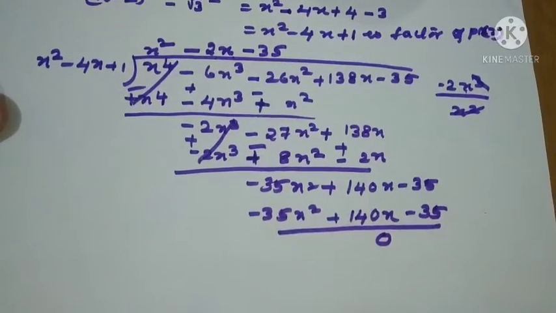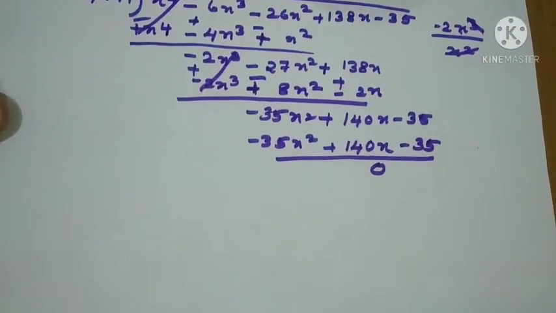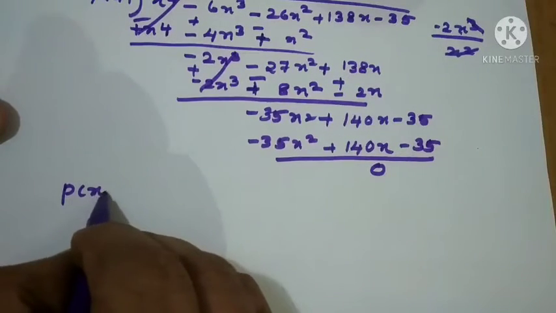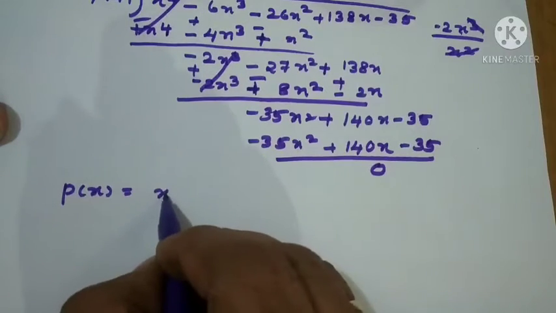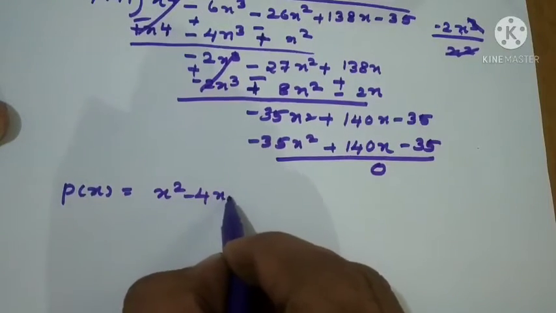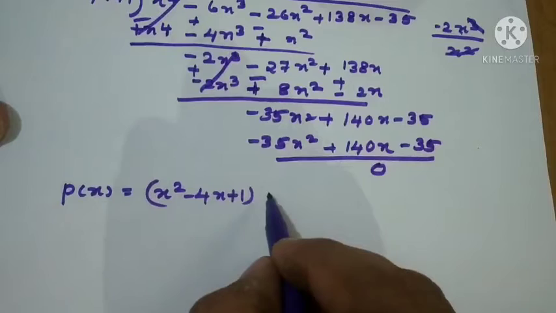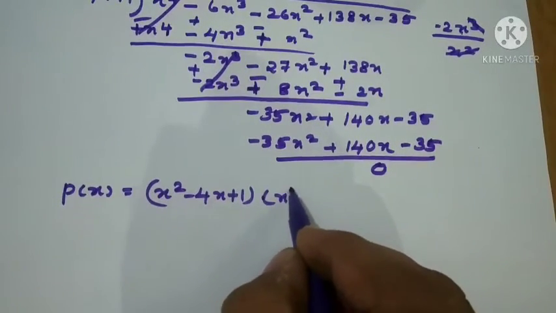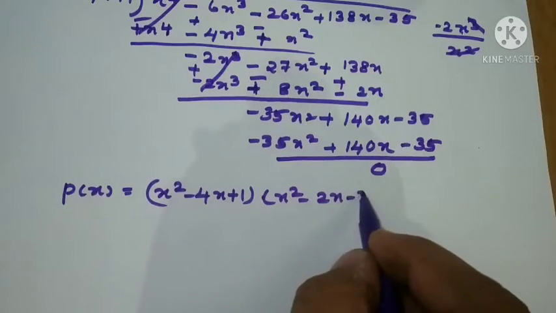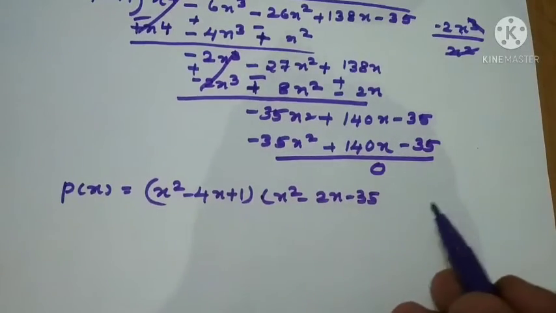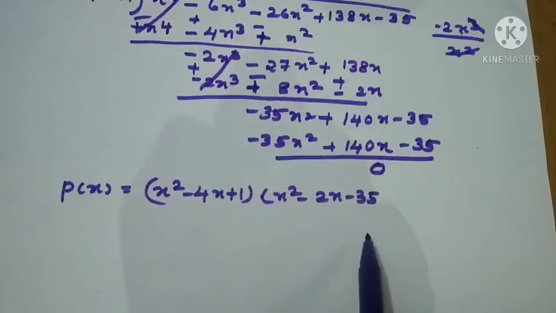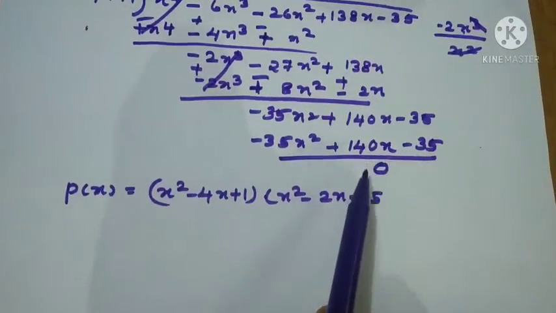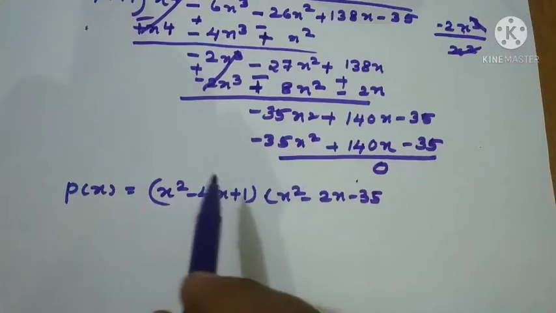So now what is the next step? We have to find the other zeros only. So as usual, division algorithm we should use: p of x equal to divisor x square minus 4x plus 1, that is g of x, into quotient q of x, that is x square minus 2x minus 3. Then what is the remainder? Remainder is 0, because since it is a factor only, x square minus 4x plus 1, we will get definitely the remainder is 0 only.